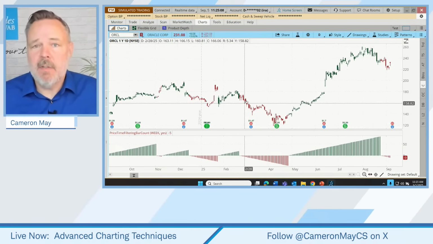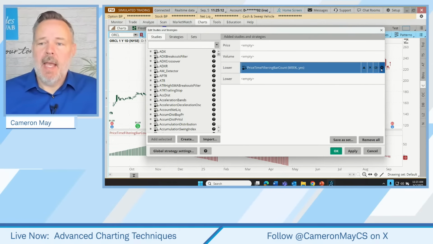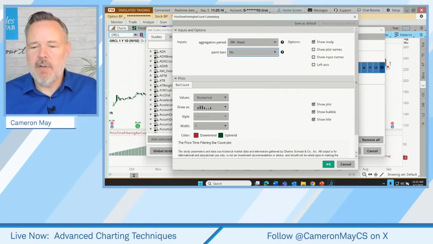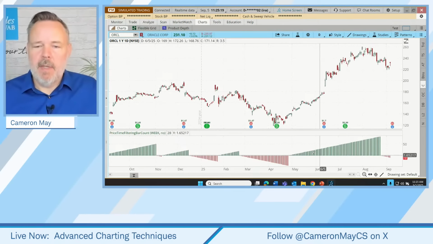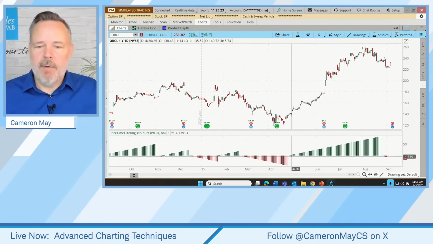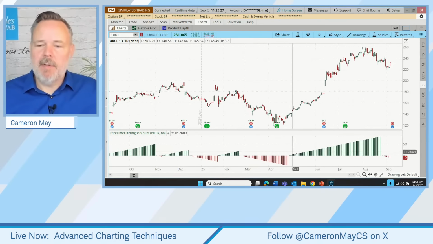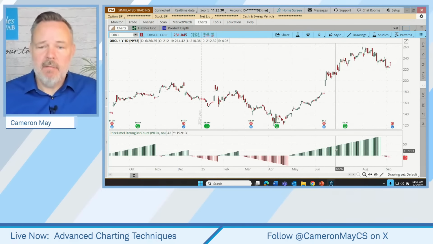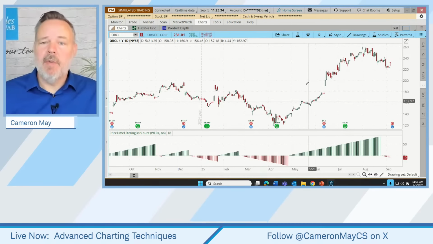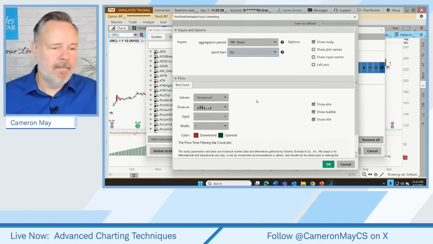I will say most traders would just do that. If we don't want to, we could come back up here and edit paint bars to no. So if we want to see traditional candles, we can do that. So we can still observe candle behavior through traditional lenses, while still being able to see whether we're in an uptrend or a downtrend. But I would suggest that it's probably going to be easier if we leave that paint feature on. And I'll explain why in a moment.